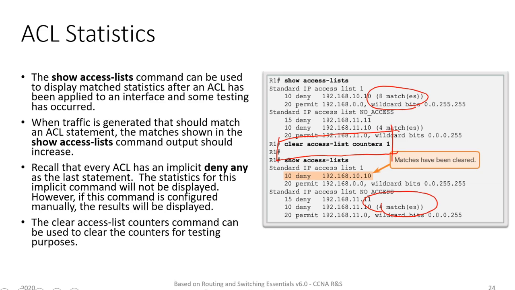We would basically use these statistics that are available to identify, depending on the particular statement, whether certain things match or do not match. We would want to know whether the statements are configured properly and matching as we expect. If we expect a lower number of matches, we would expect that. If we want a higher number of matches and things are not consistent with that, then that may indicate some type of misconfiguration there.